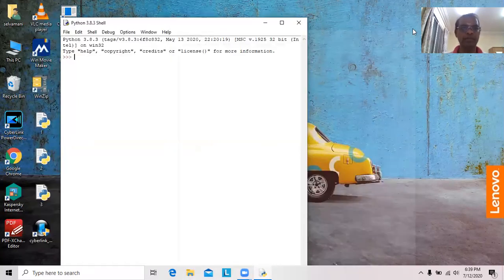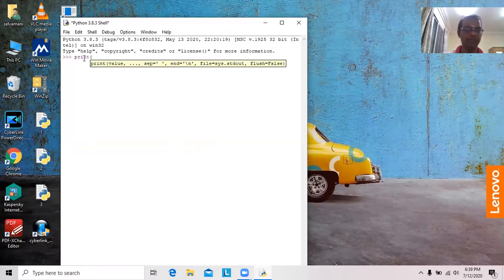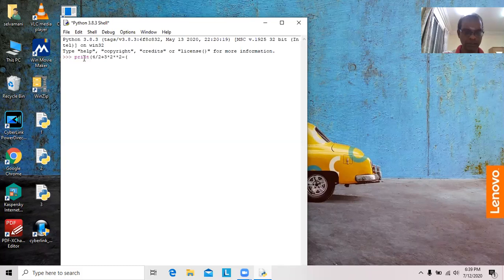Directly we can type simple commands here itself. I would like to print, okay, order of precedence: 4 divided by 2, and then plus 3 star 2. Same thing we can have in the theory part. We can do it again: 2 minus 6 minus 5.